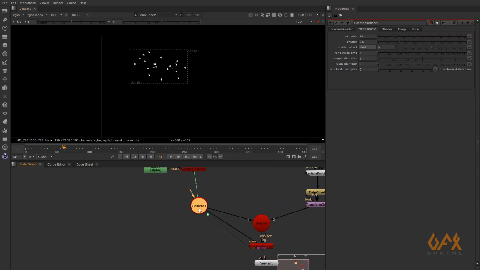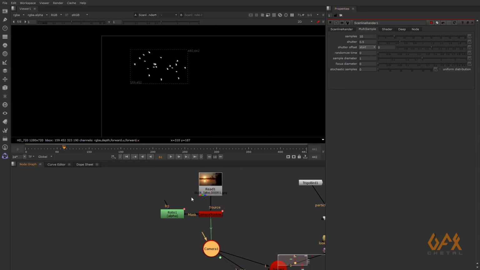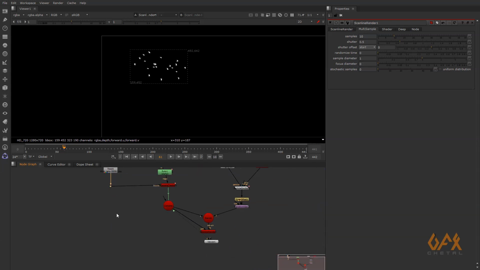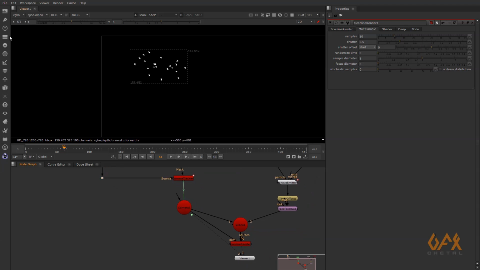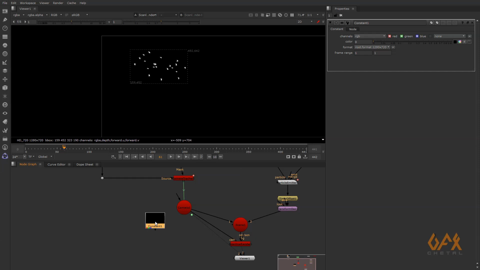Now to composite these things on this plate, what we're supposed to do, first of all, I create one constant, a black constant.